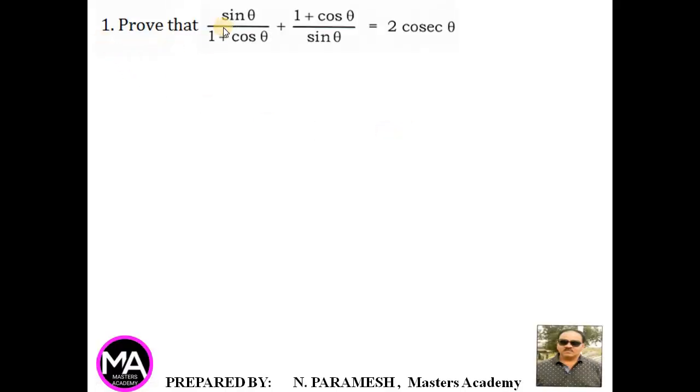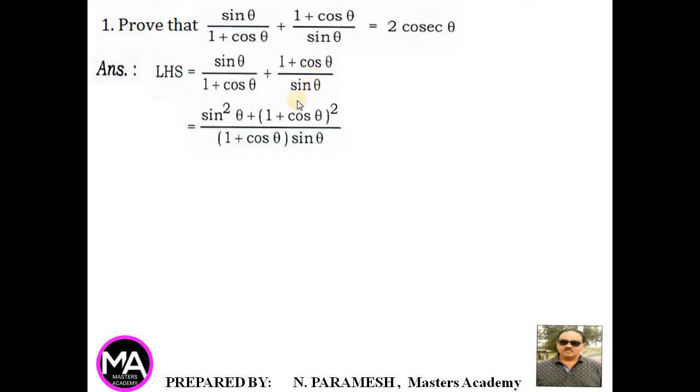First question. Prove that sin theta divided by 1 plus cos theta plus 1 plus cos theta by sin theta is equal to 2 cosecant theta. Answer. LHS, left hand side, that is equal to sin theta divided by 1 plus cos theta plus 1 plus cos theta by sin theta, that is equal to, taking LCM, 1 plus cos theta into sin theta. 1 plus cos theta gets cancelled, sin theta into sin theta is sin square theta, plus sin theta gets cancelled, 1 plus cos theta into 1 plus cos theta is 1 plus cos theta whole square, that is equal to sin square